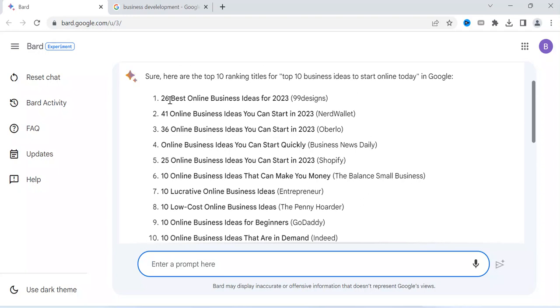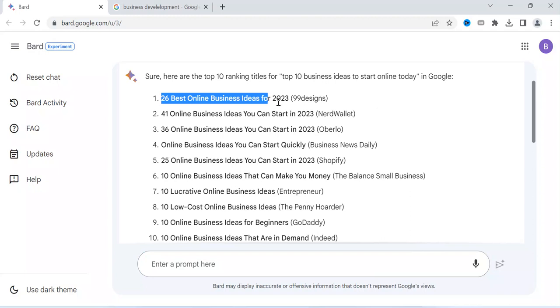As you can see, it shows me which one is the best, which has ranked high. Also, you can see 41 business ideas you can start in 2023 is the second one. It has arranged every detail and data about these business ideas.